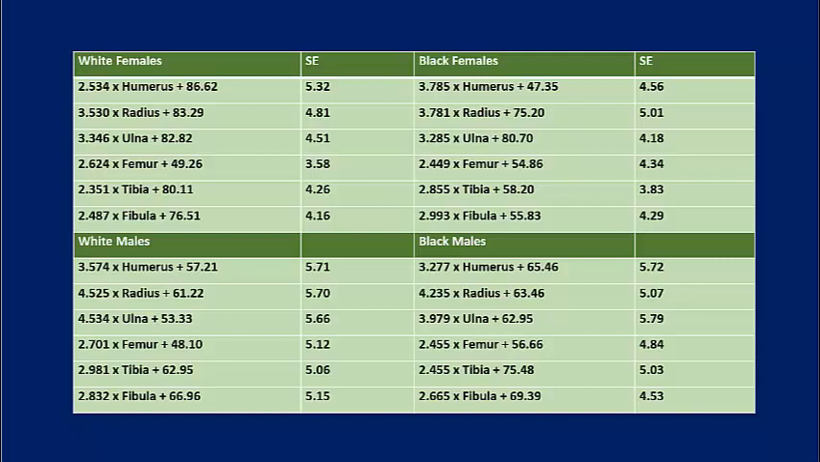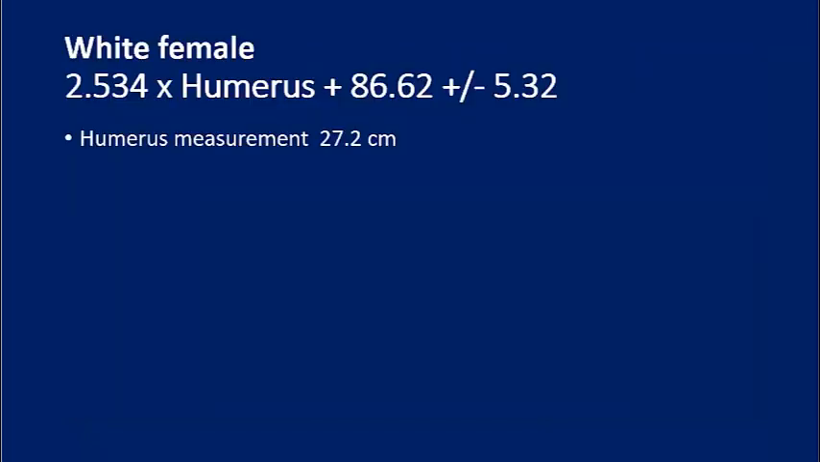The equations are bone specific, so we put a specific bone into each equation, and each has its own standard error. So assuming a white female, we are going to use the stature equation based on a humerus. So here we have a white female, and that humerus stature measurement is 27.2. After we use the osteometric board, we got a measurement of 27.2, and we just plug that into the